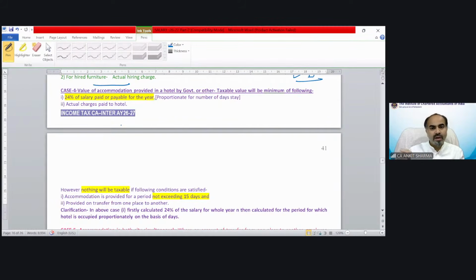In a hotel, taxable value will be the minimum of the following. The first is 24% of salary paid or payable for the year. So in the normal case, it was 10%. But if it is a hotel accommodation case, in that situation, you need to take 24% of salary as